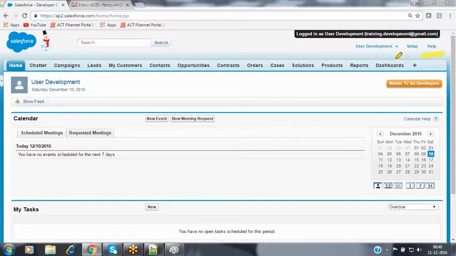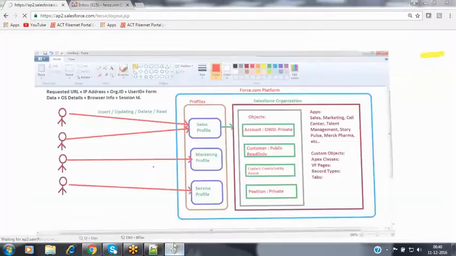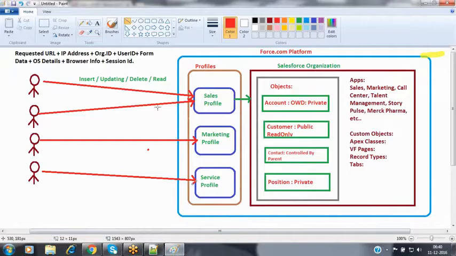Now coming to a requirement here. For example, assume that from the entry point of view, they will raise these kinds of questions also. For example, I have a sales profile. In that sales profile, I have granted the visibility on only the sales application. This profile has been assigned to two users. This is user 1, this is user 2.